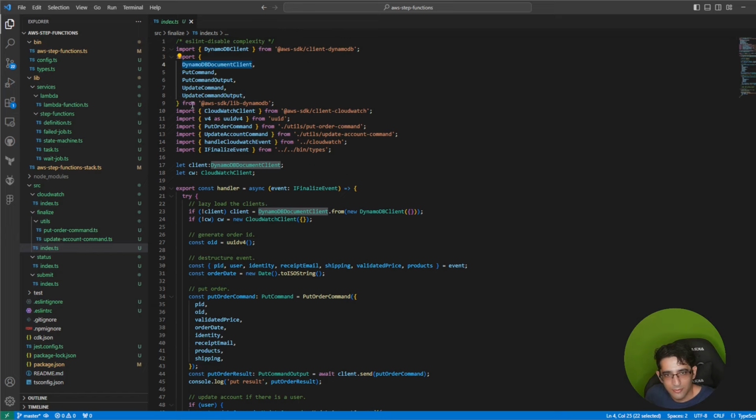So that's why we are using both the client for DynamoDB, and we are using lib DynamoDB and getting the DynamoDB document client. So we're also getting the CloudWatch client. We're getting UUID, as we will be creating order ID in this function. We will use a put order command and an update order command, which I will get to later, which are both